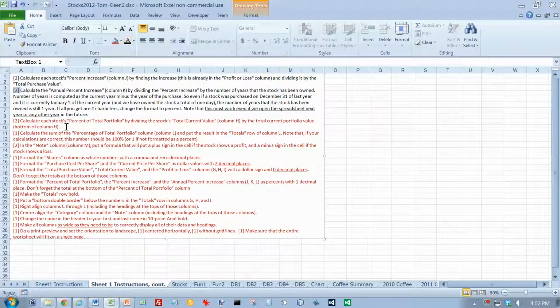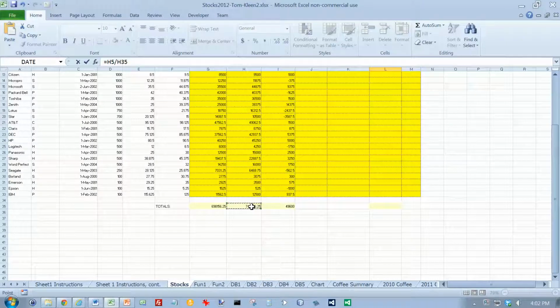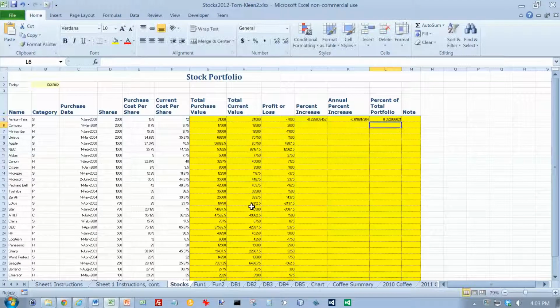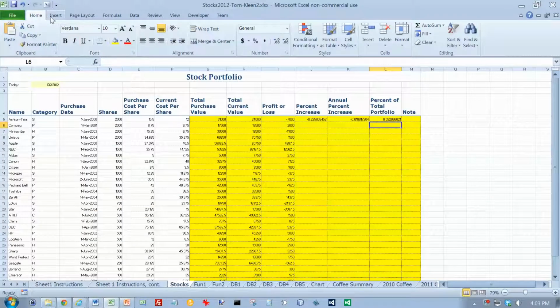And next one, calculate each stock's % of total portfolio by dividing the stock's total current value by the total current portfolio value. Okay, so % is going to be the current value divided by this number down here, and that has to be absolute. So put the dollar signs in. And the last thing is